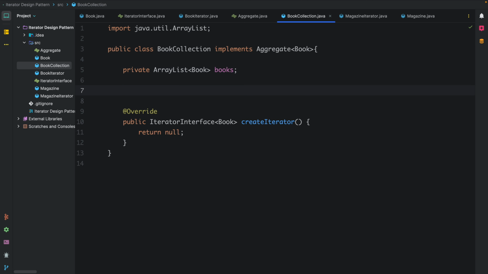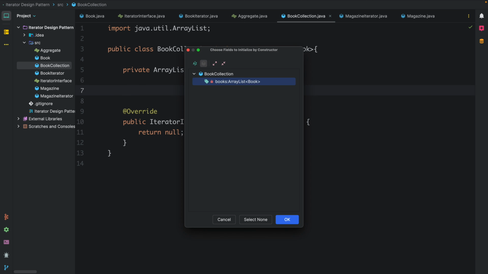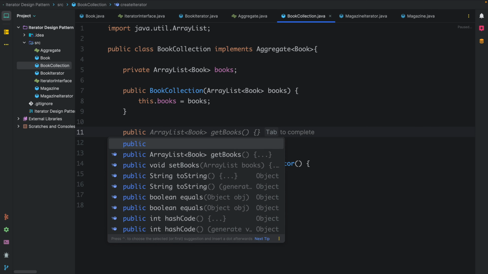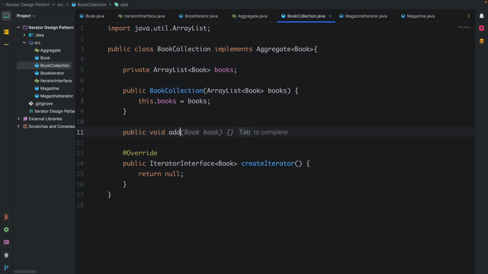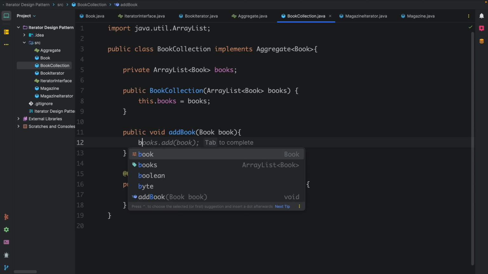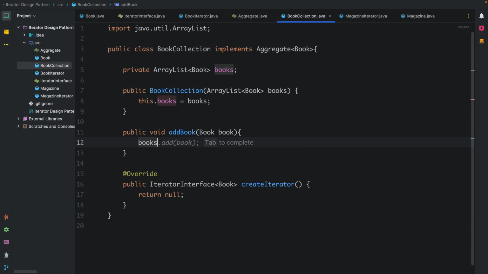Let me create the constructor to initialize this collection. And we have another method to add values to this collection: public void add book. The client will be passing the book object here in this method, and we will be adding this book object into our collection, that is the books array list,